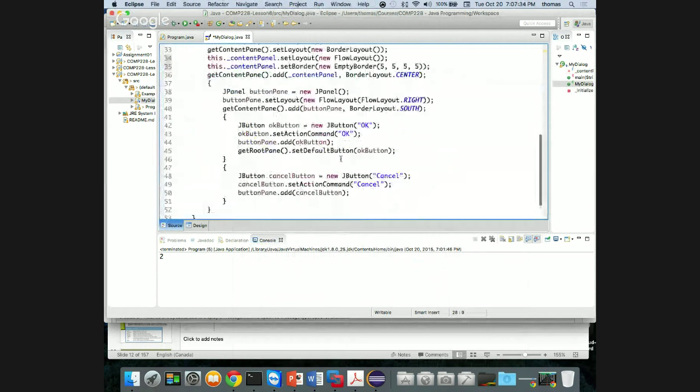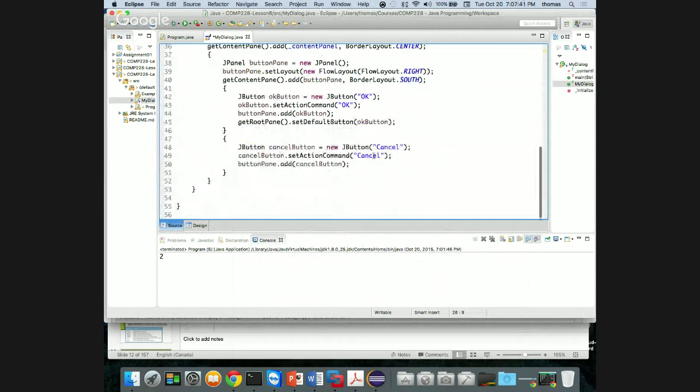Here's our cancel button, and we have a set action command, cancel. And we have the OK button, which we're actually setting up. The OK button is a type of JButton. It's a JButton object, right? We're instantiating a new JButton object that's local to this one, where we're setting up a set action. And this set action command is basically saying to treat this button as an OK button. So when you press this, it's going to give you a 1 or a 0, same as we got before, right? Button pane, we're going to add the OK button to our button pane,